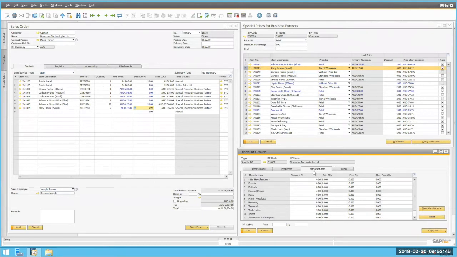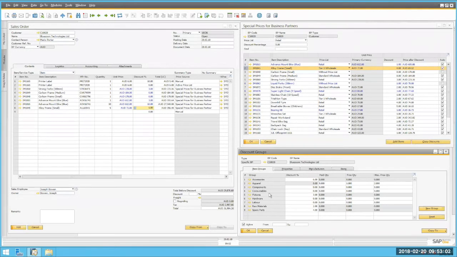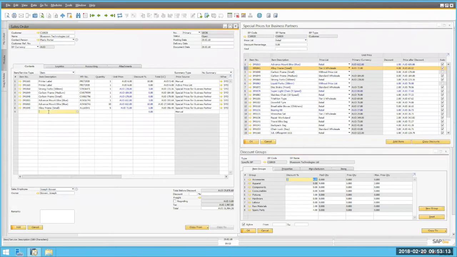Manufacturers are also available. But then we have this last option here of items. So if you want to assign directly to a discount group an item that overrides everything else, you can do that. So what I'll do, I'll go through a few examples of how this works. So I've got this group accessories, and then whenever an item is an accessory for BlueZoom, they get a 6% discount. So what I can apply is a GPS